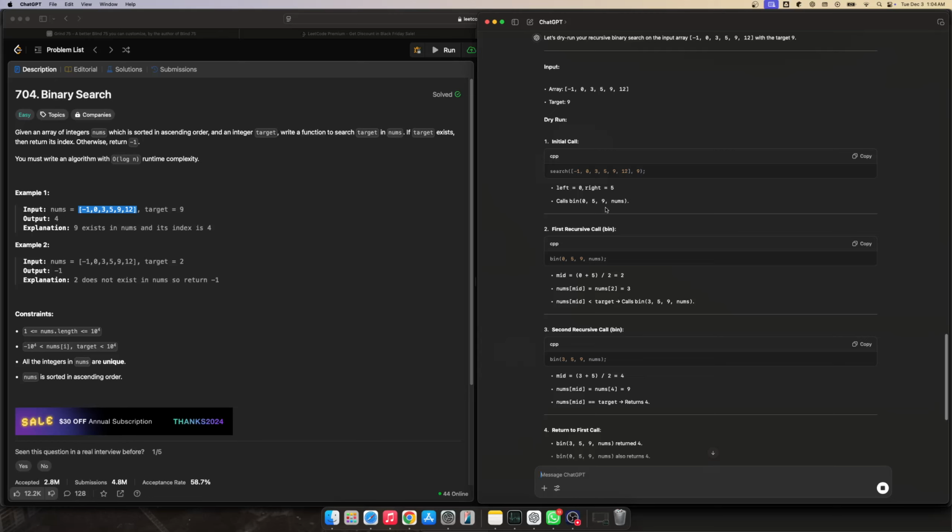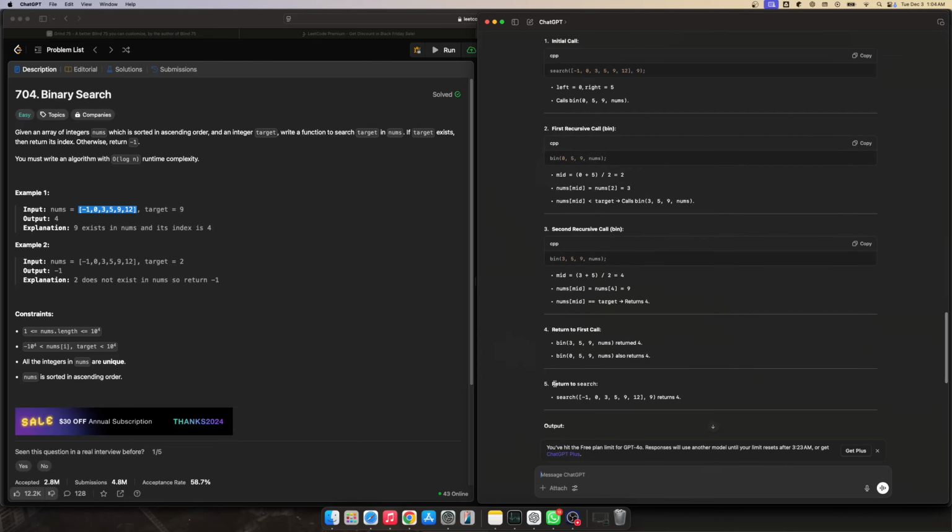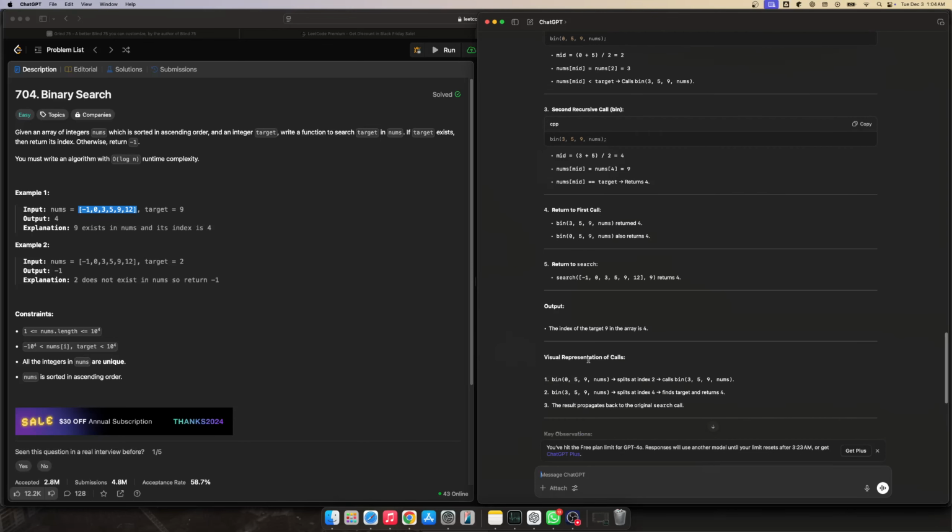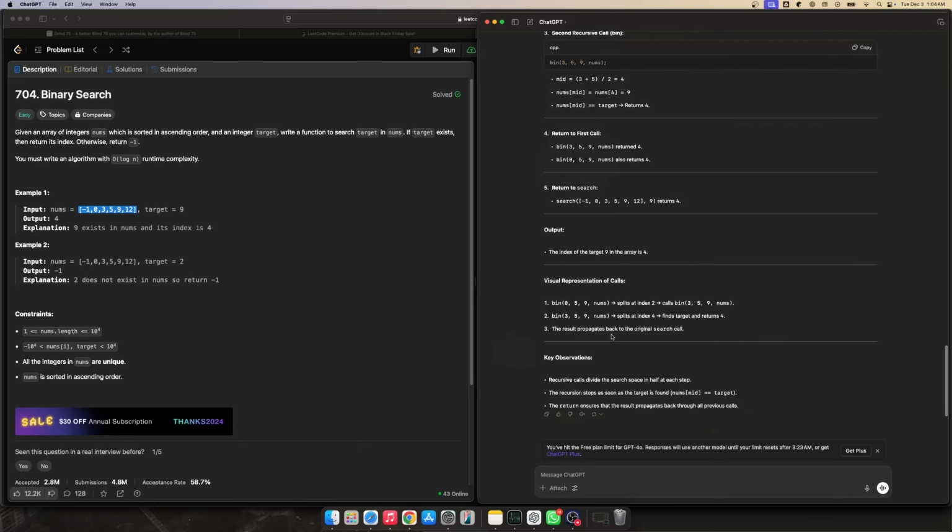The first call is going to be this. So we got this, 3 and 5, this returns 4. At mid, nums[mid] equals 9, returns 4, returns to first call, returns result, index 4. Visual representation of calls without the return